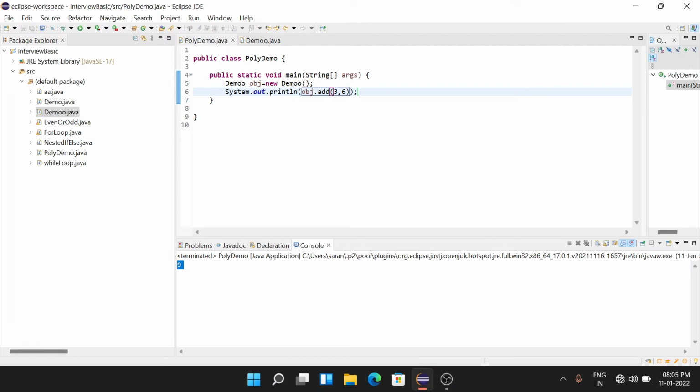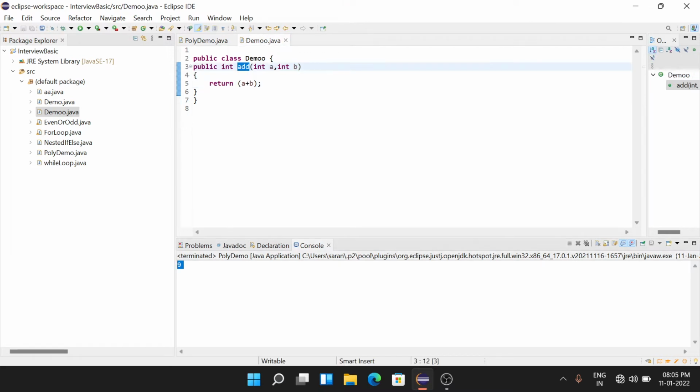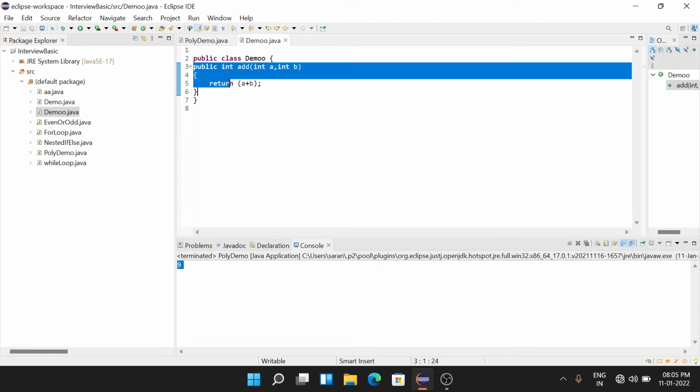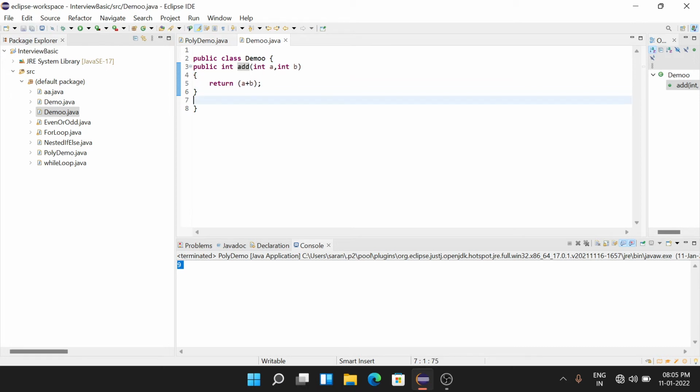I will write another method. I'm copying and pasting, and this method is for strings.